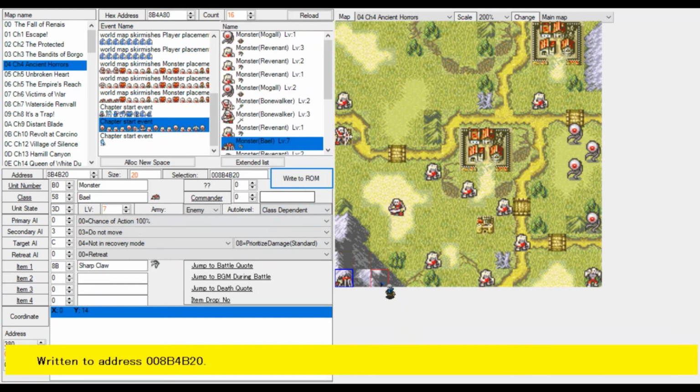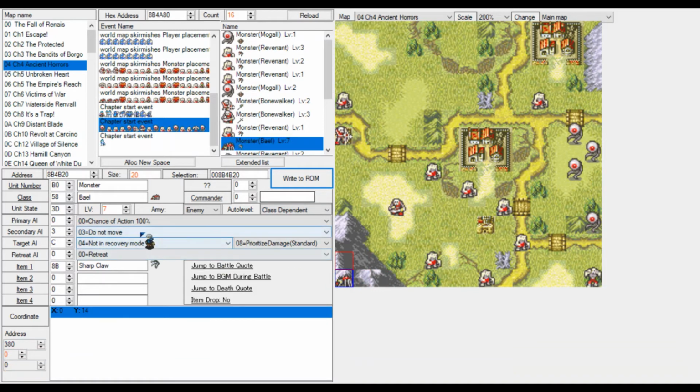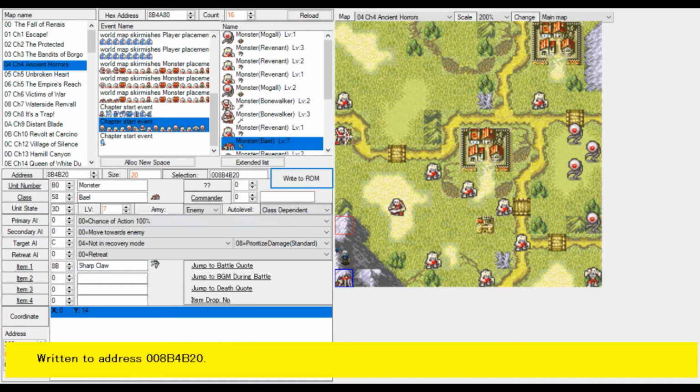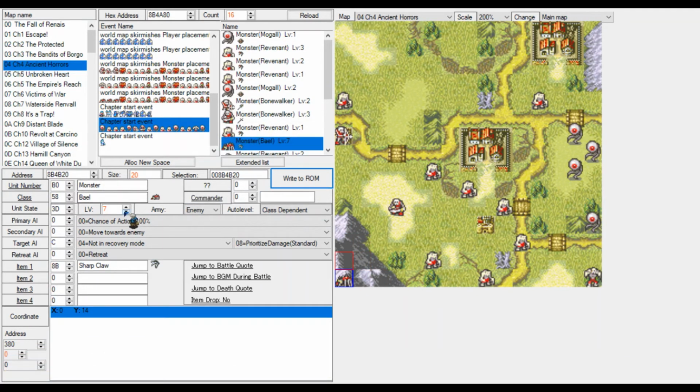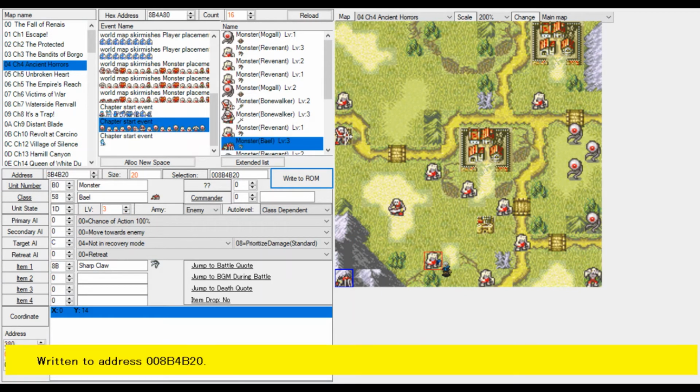Spiders can move in mountains. We'll make it so that he moves towards enemy. Once the spider comes down from the mountain, you will already be prepared. Let's see, he is level 7 though. Also, a really nice function of FE Builder: when a unit is class dependent or unit dependent, when changing the level, you will see the stats grow with the level. That's a nice feature. I really like that about this tool.